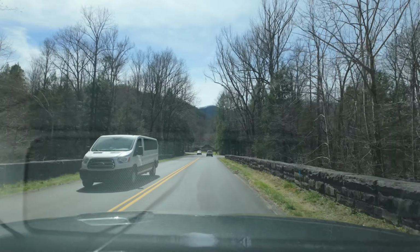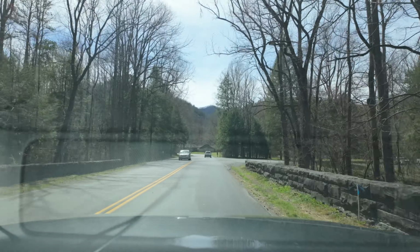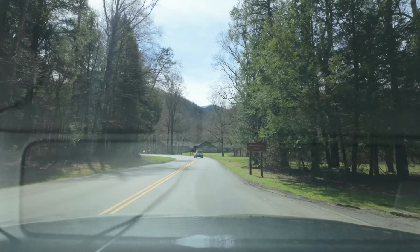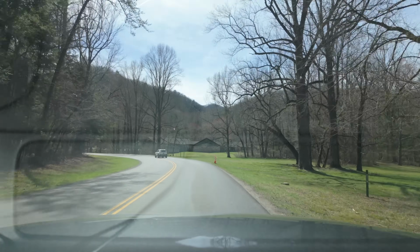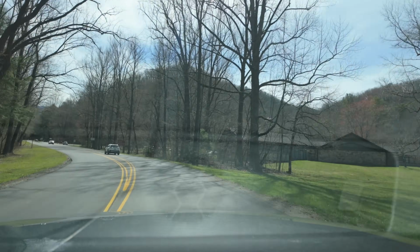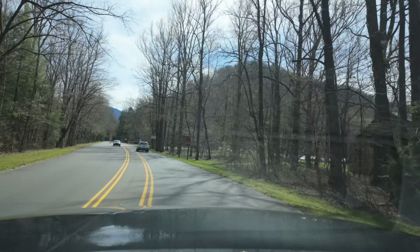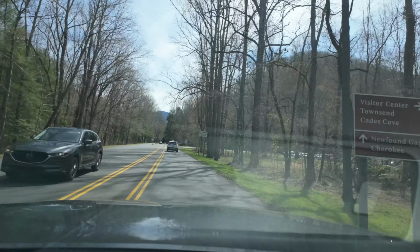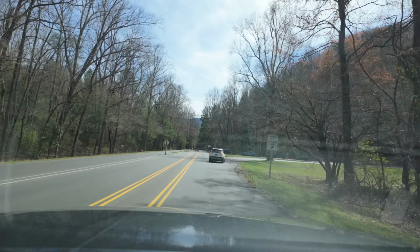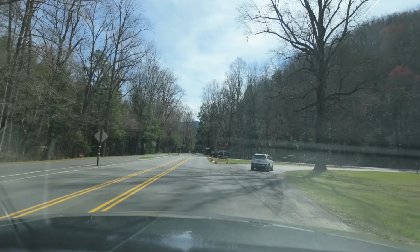And if you are wanting to go on a trail in the national park, there is no admission fee to get inside the park itself. You do just need a parking tag, which I'll show you where you can get up here at the Sugarlands Visitor Center. So again, I would say about less than a 5-minute drive from Taco Trail, and we're at the trailhead